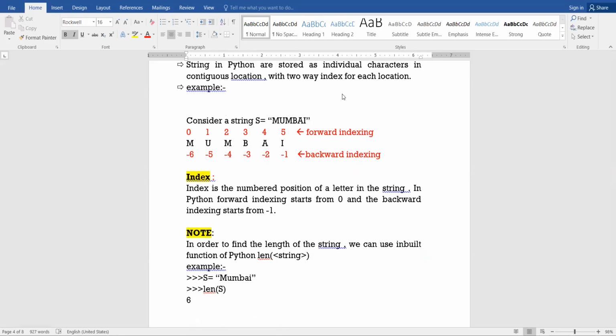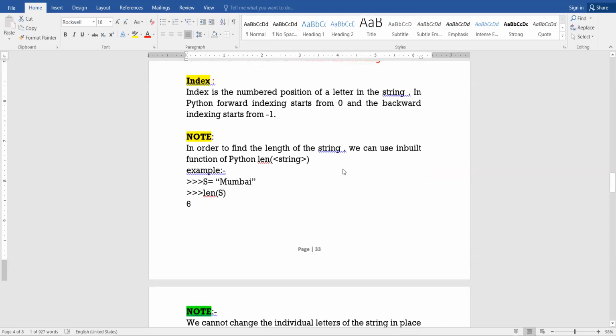What do I mean by numbered position? 11th class, numbered position means every position, every element, has a particular number. That is why it is called numbered position. All right. Am I clear up till here?